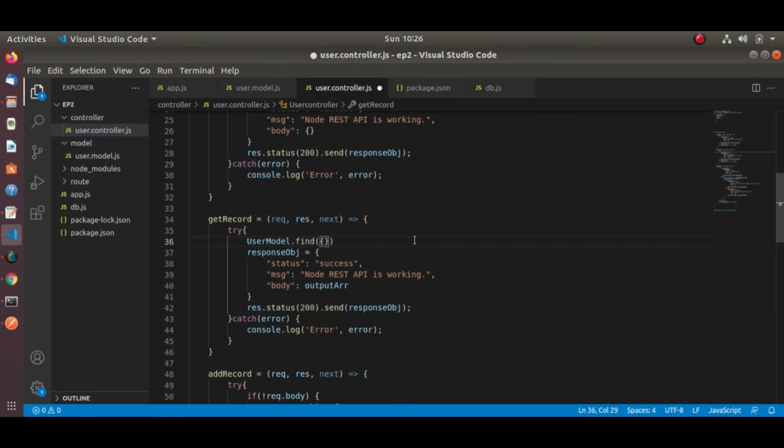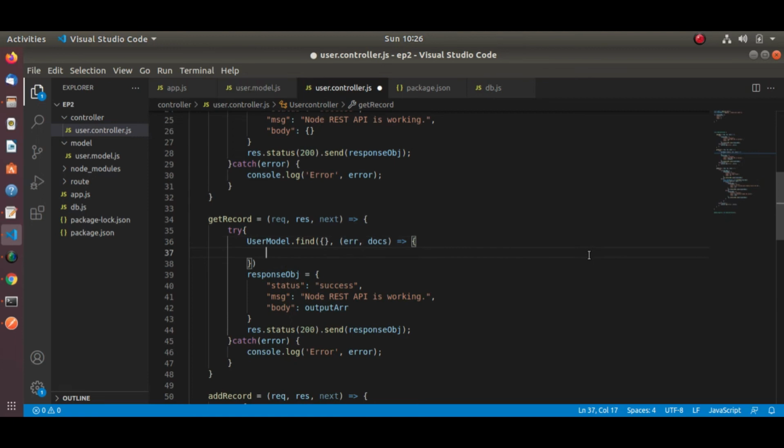Here, actually, I am fetching all records from the database. That's why I am not giving any condition. So let's do it. Same validation we will put.